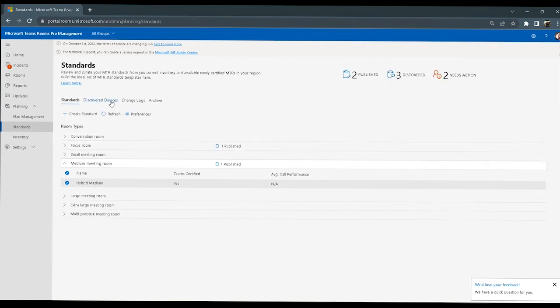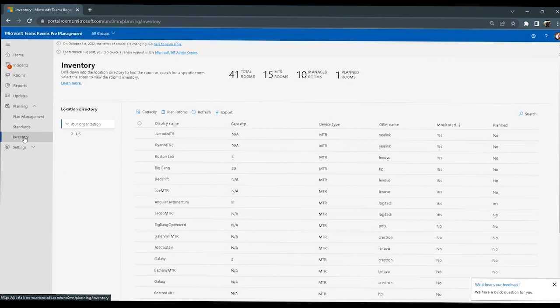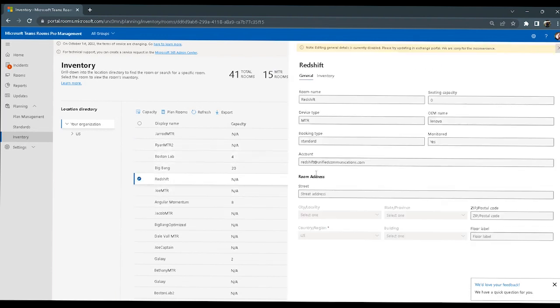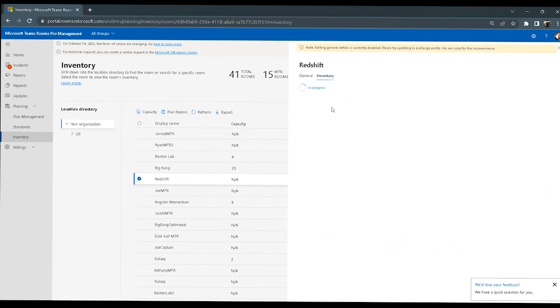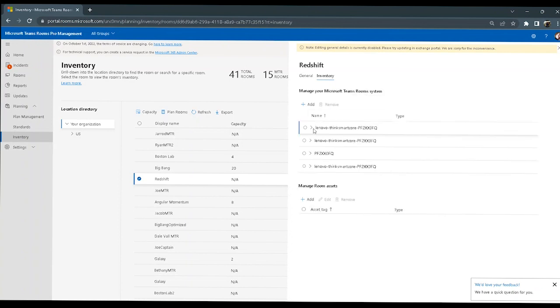We can discover configurations and then make a standard out of a configuration that exists in our environment. And I have full inventory information here where I could go dig into a particular room and be able to see what's inside that room. So we can gather that inventory, and I can see in this Redshift room, this is a ThinkSmart Core, and